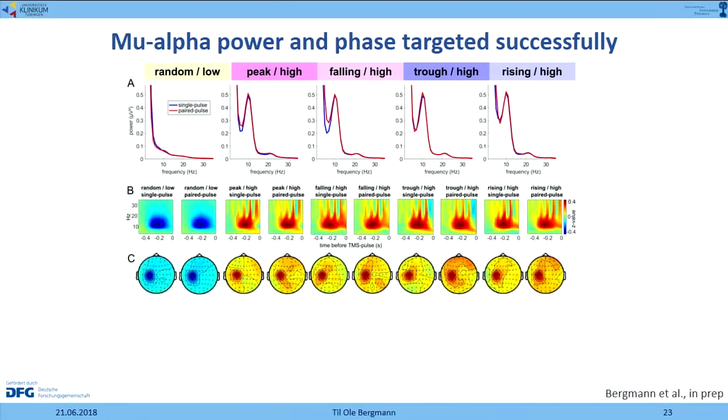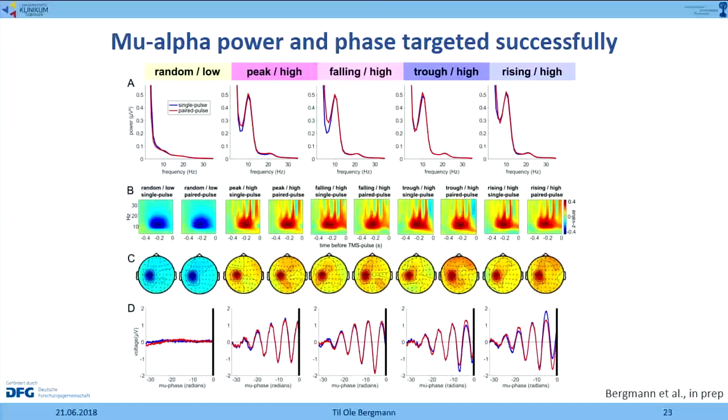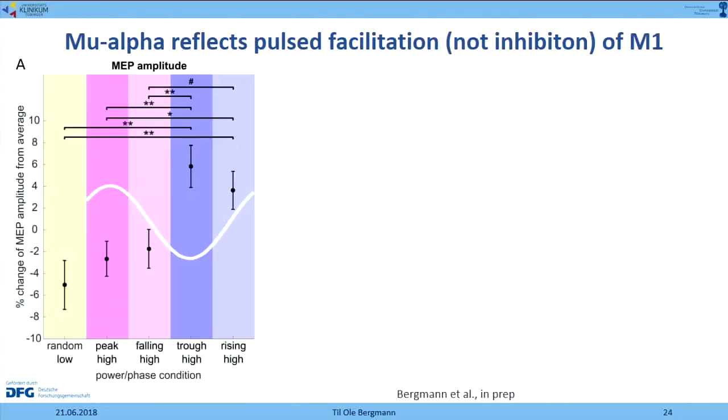And what we do also see is, same case here, that the alpha power is actually originating from the stimulation side, because we use a local Hjorth montage, a local Laplacian, to extract the signal from the left sensory-motor region. And it's not confounded with some spill-in from the occipital cortex here. But most importantly, we see that we target the right phase, so the upstate, or let's say the positive peak, here the falling flank, the negative peak or trough, and the rising flank. So we used EEG-triggered TMS to target these different brain states and assess them, and let's come to the